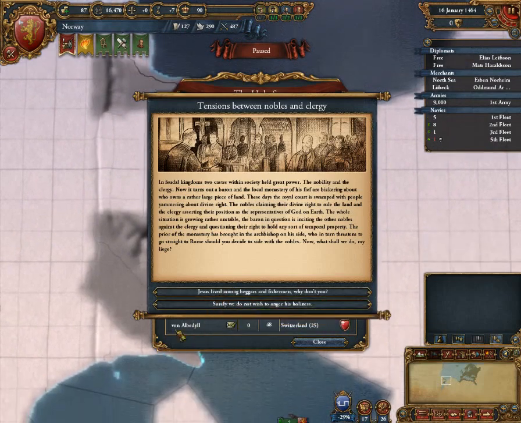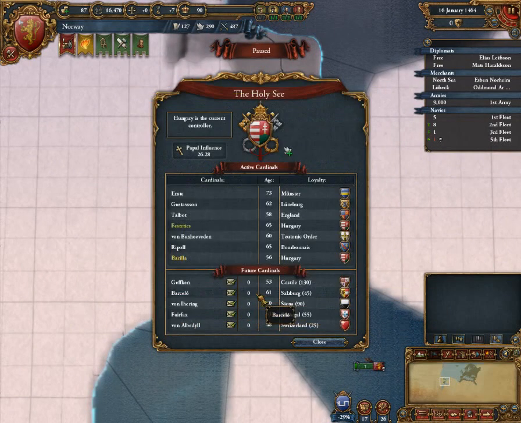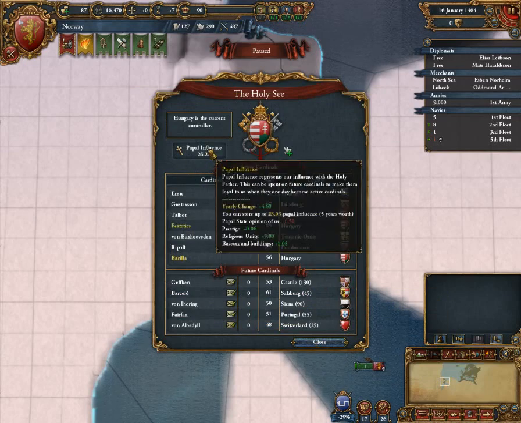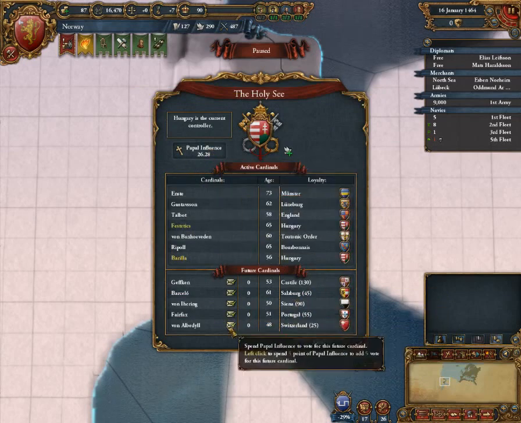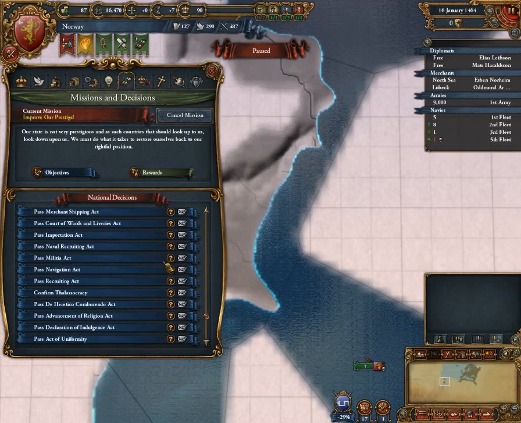So, yeah. Come on, you monks and other holy people. Jesus lived among beggars and fishermen. Why don't you? That will also reduce my papal influence quite drastically. So, you know, instead we're just going to fall out and invest. That is another thing. Your relation with the papal states affects...